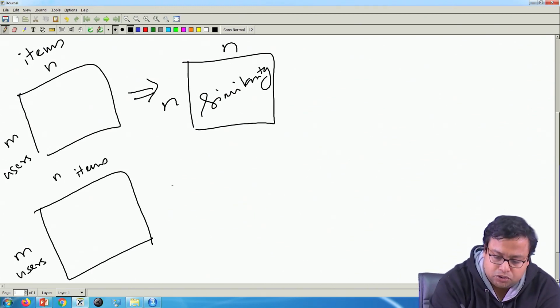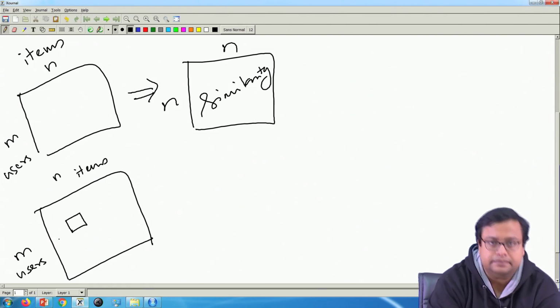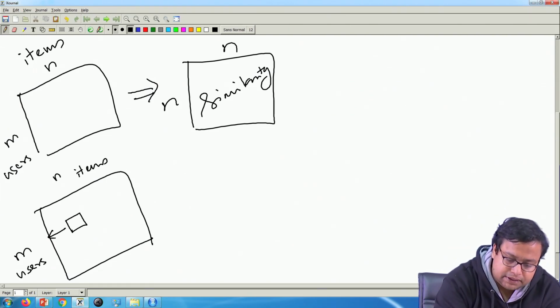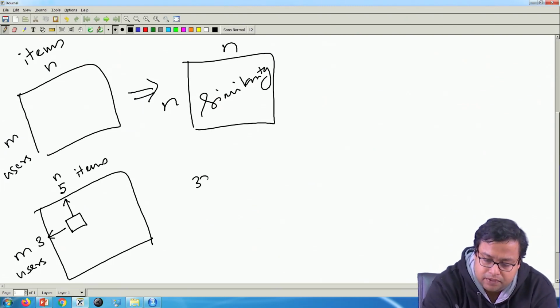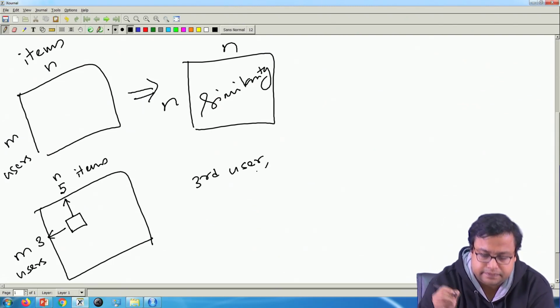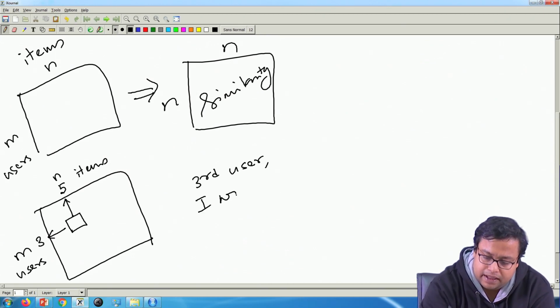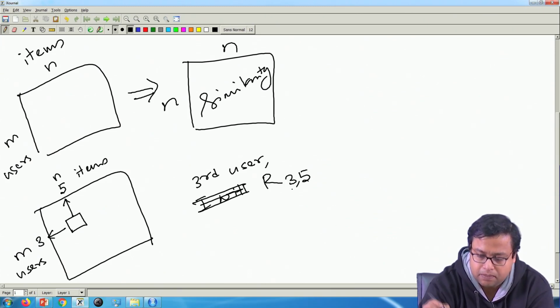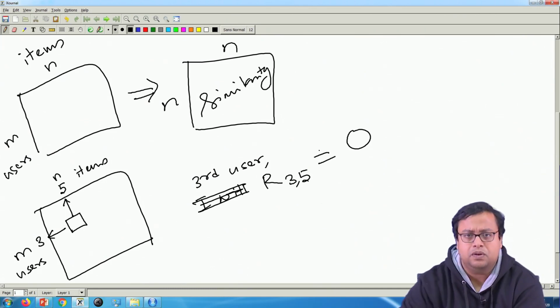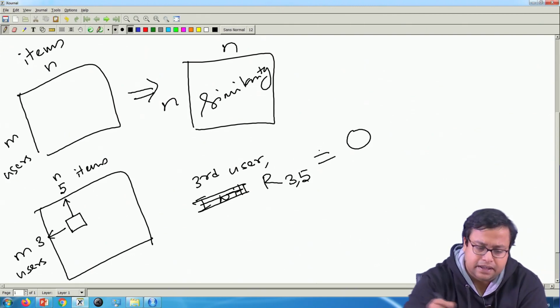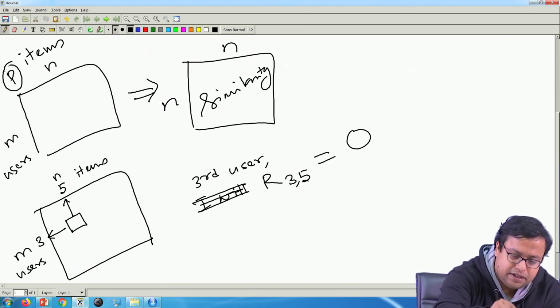So, now choose any one cell. Let us say for this cell, the user number is 3, the item number is 5. Now, for the third user, my recommendation decision, the recommendation decision R 3 5, will always be 0 irrespective of anything if this is the purchase history.